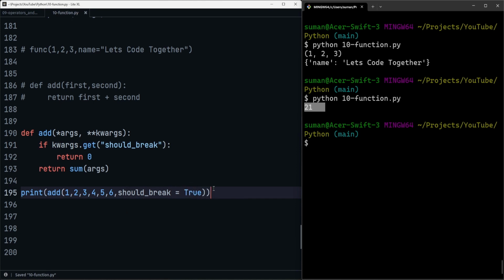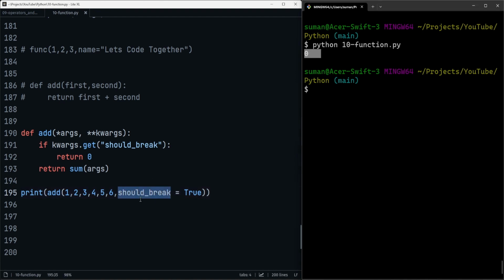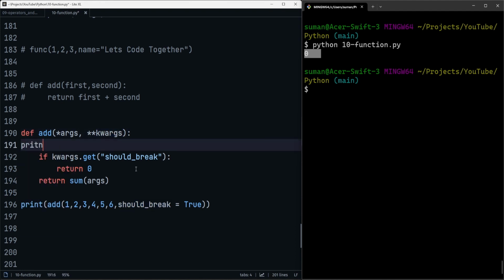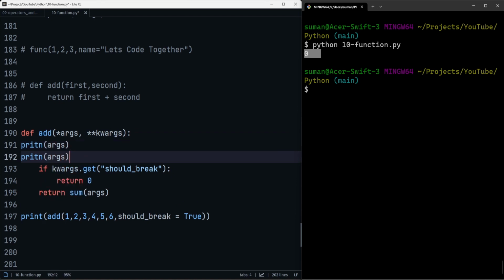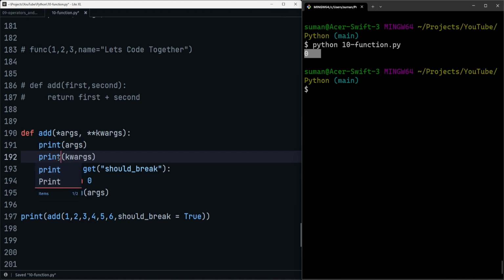And you write should break equals true. Now if you run this, see it printed 0. Why? Because if you pass any named variable, it will enter this kwargs in the form of a dictionary. Let me print this so that you actually see it by yourself. Let me copy this here and print it. Okay, now if you run this,